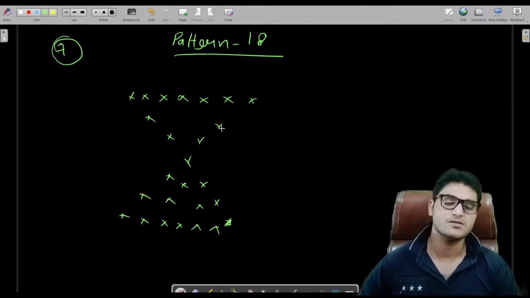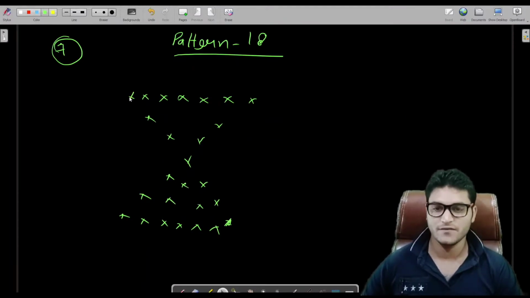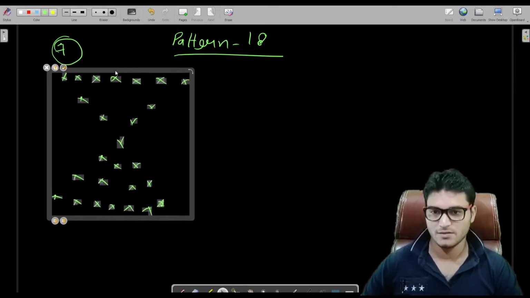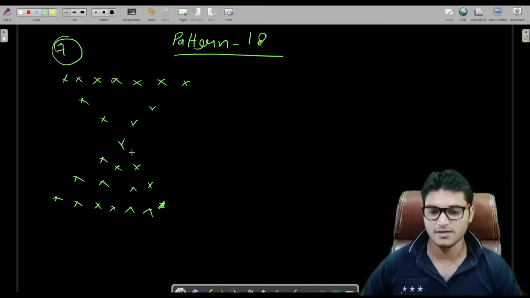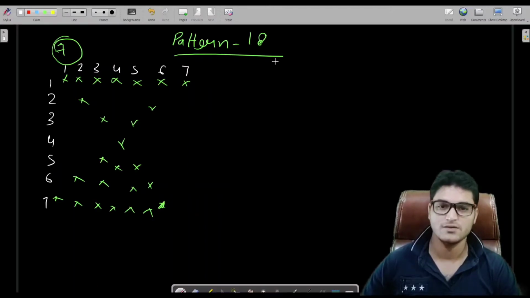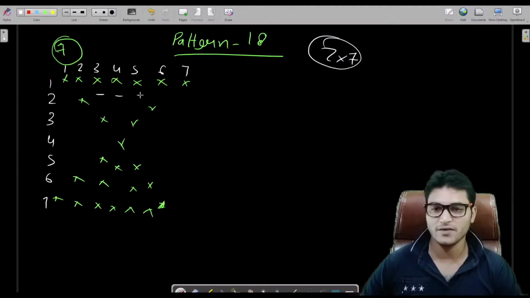So this is the shape which we have to print. You will have to analyze it. We have this 7 into 7 square, 7 rows and 7 columns. Let me draw the rows also. This is first row, second, third, fourth, fifth, sixth, seventh, and this is first column, second, third, fourth, fifth, sixth, seventh. So it is a 7 into 7 matrix,